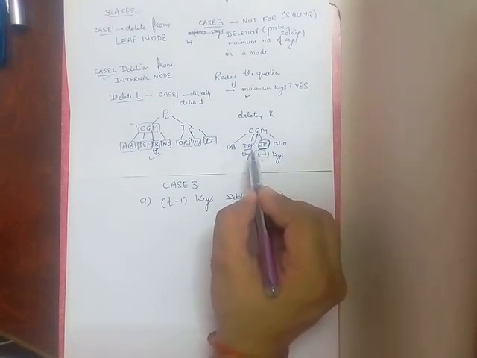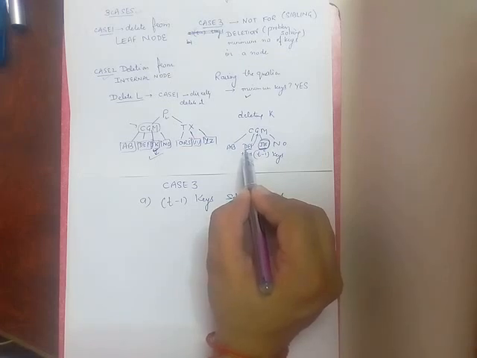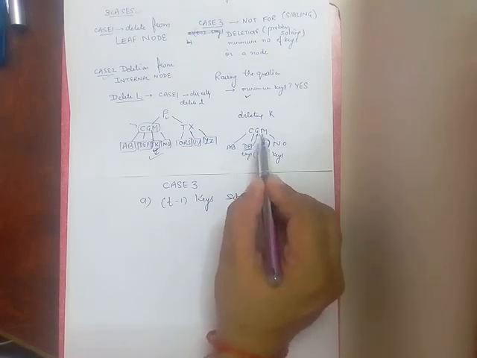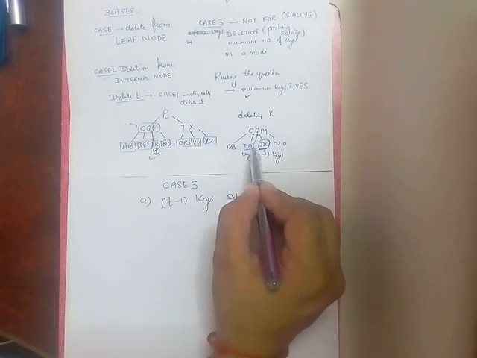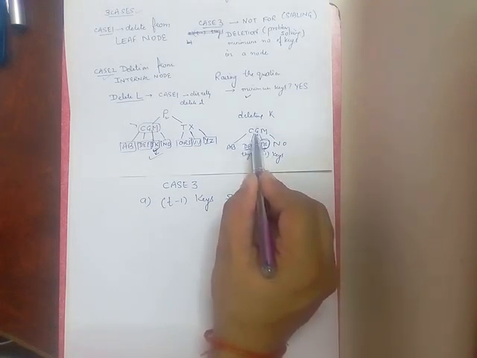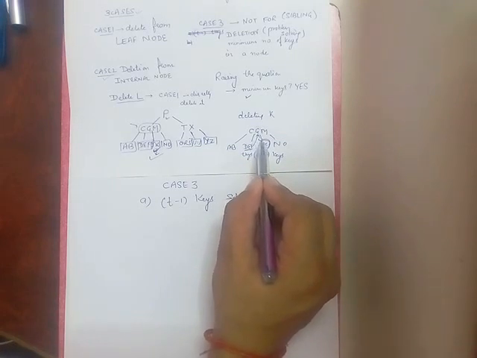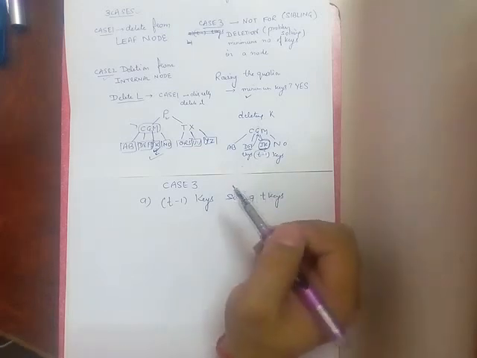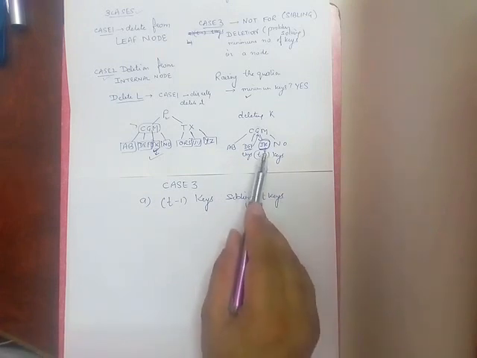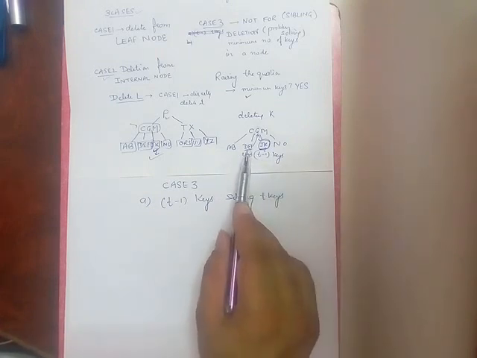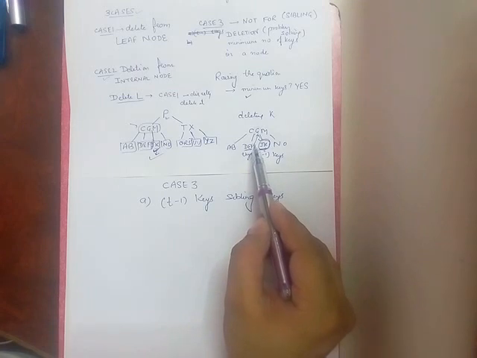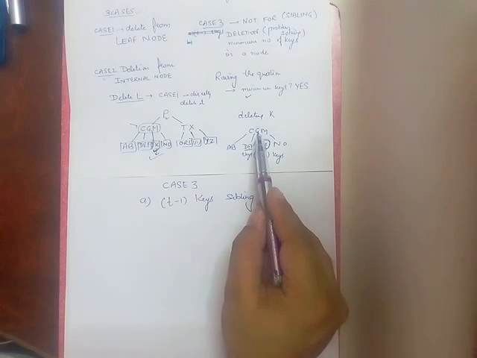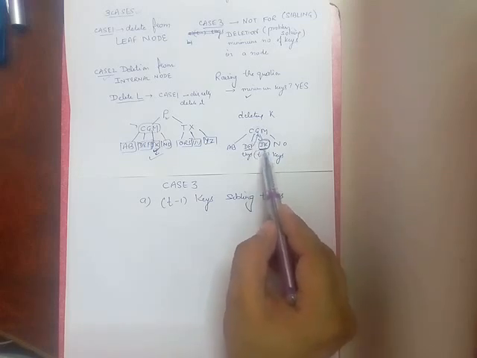Parent means we are considering the parent of D, E, F and J, K, that is G. We are moving F in the place of G. We are moving G downward, and then this node is having at least t keys. In case 3a, if the node from which we are deleting has t minus 1 keys and its sibling has t keys, then if the sibling is the left child, we move the greatest key upward and that parental key downward into the node which is having the problem.